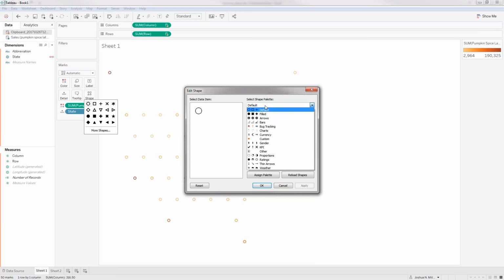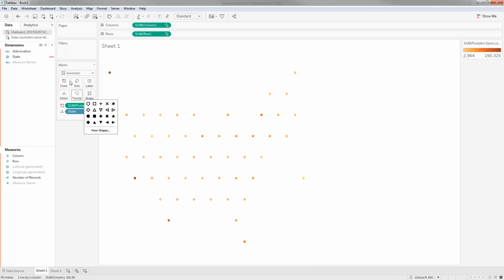Here are all of those palettes that we saw which were sub directories in that shapes directory. So arrows, bars, etc. Custom is here. It's got the pumpkin. I'm going to have to click on reload shapes to get the hex shape to show up. So there it is. Click it. I'll hit apply just to make sure. It looks like it got the pumpkin instead. There's a little bit of an issue there. So I'm going to have to hit apply twice, but now I've got the hexes the way that I want,